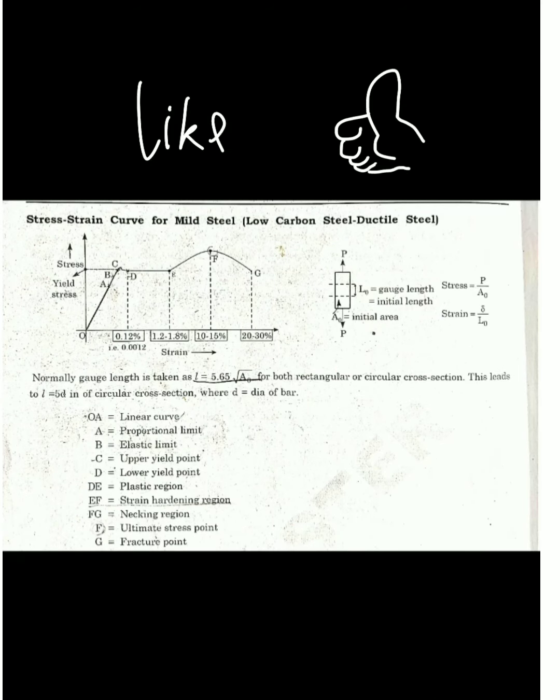See, basically stress strain curve tells us about the property of a material, its behavior in different load conditions and at different load timing. For example, we want to construct a building. In that case, we cannot use wood instead of steel because wood would be much weaker as compared to steel. So there are different materials which are used at different locations according to their properties, their characteristics, their behavior